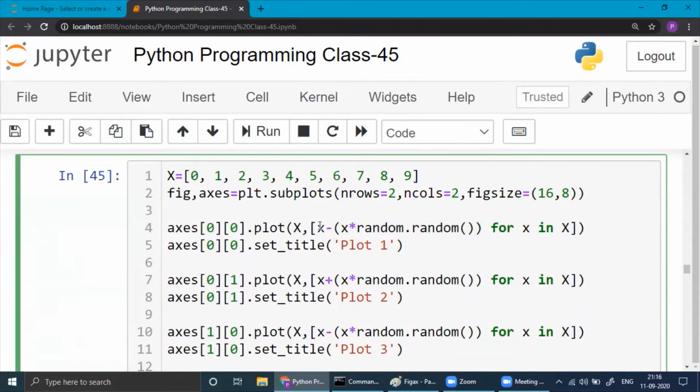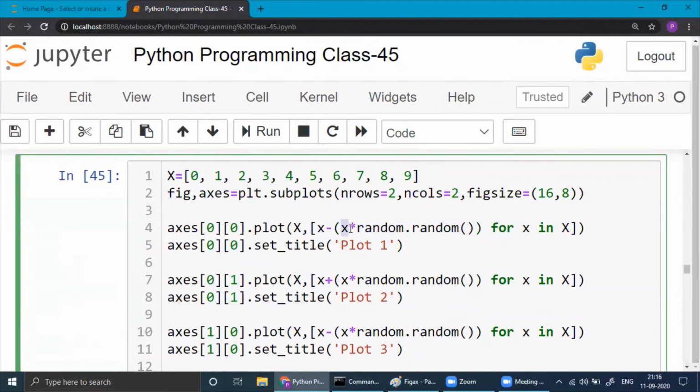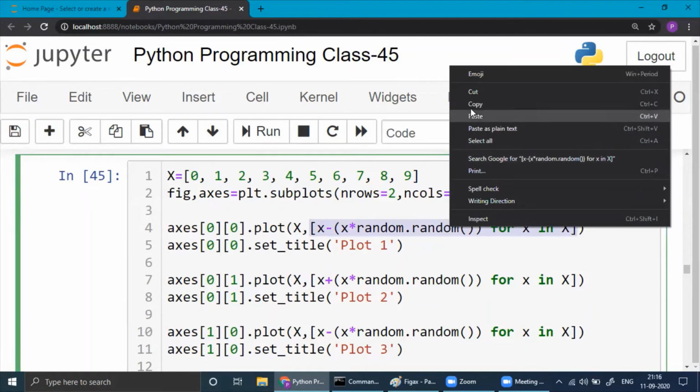We have a list. This will give you a list. x minus x into random.random. Here you will get a random number multiplied by x and then subtract from x. If you want, you can see the printout separately. Although we know it.